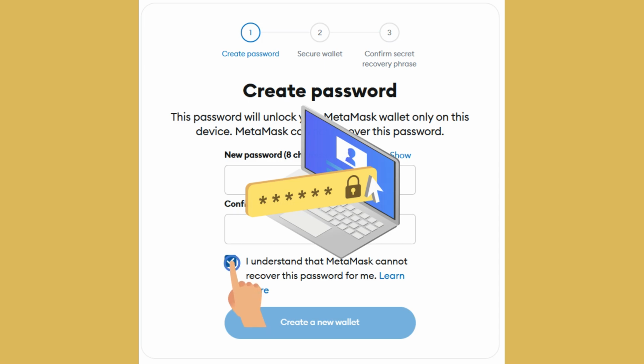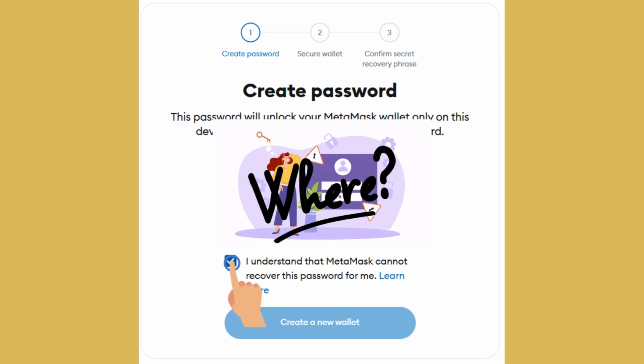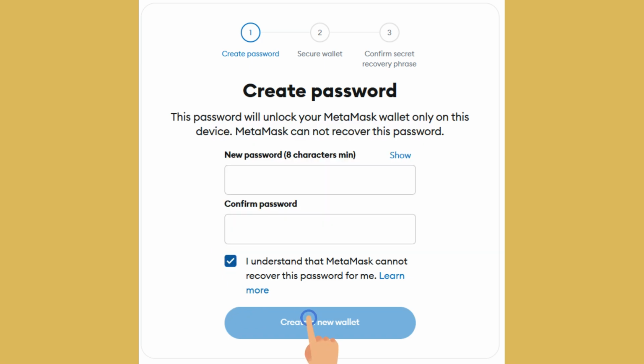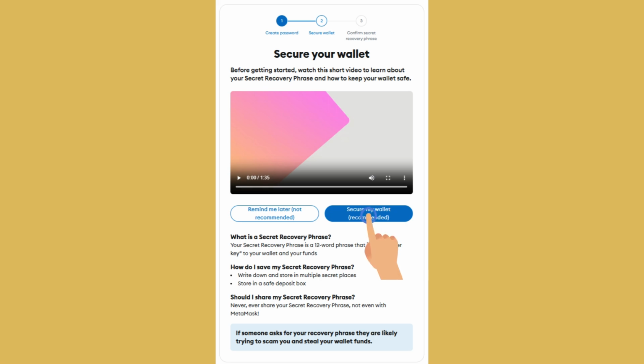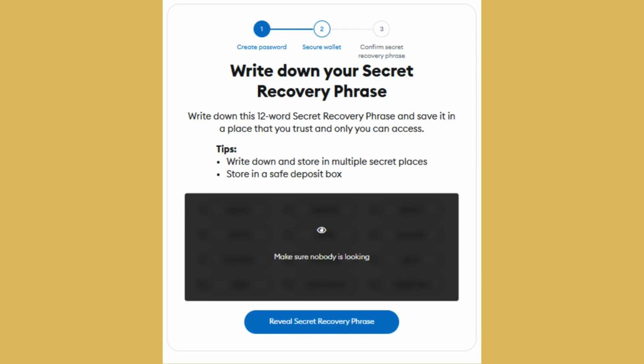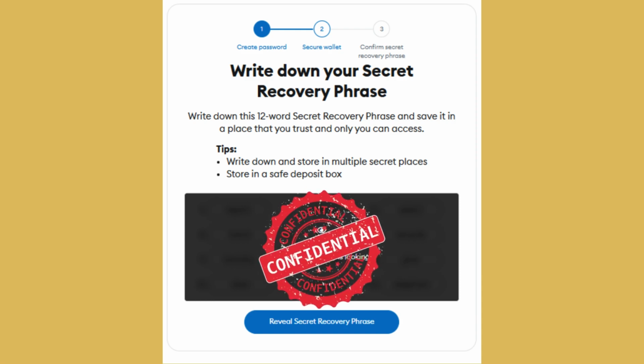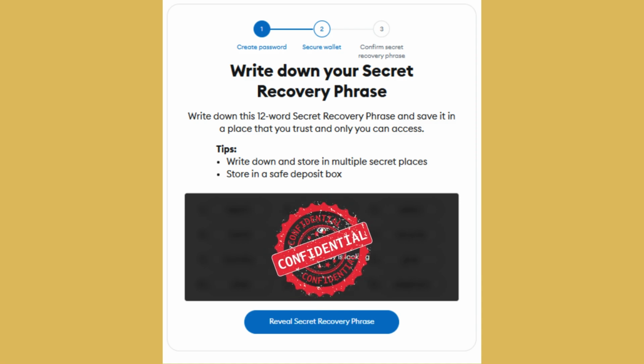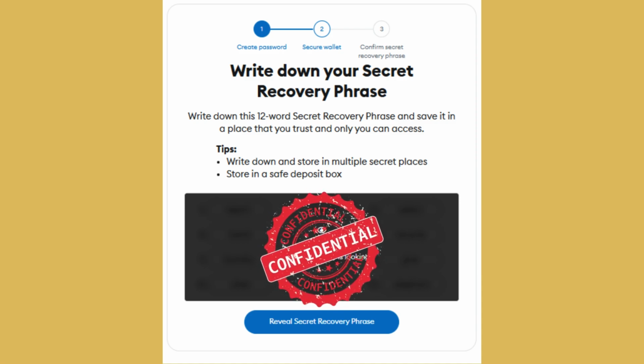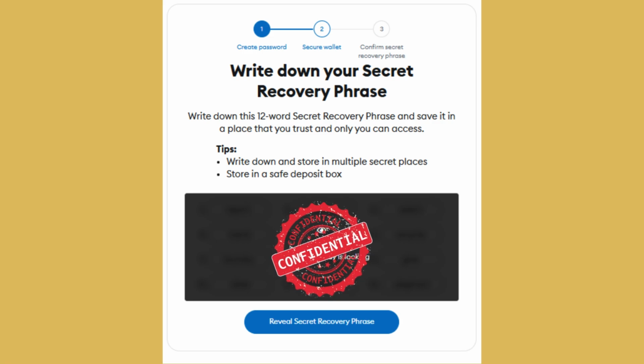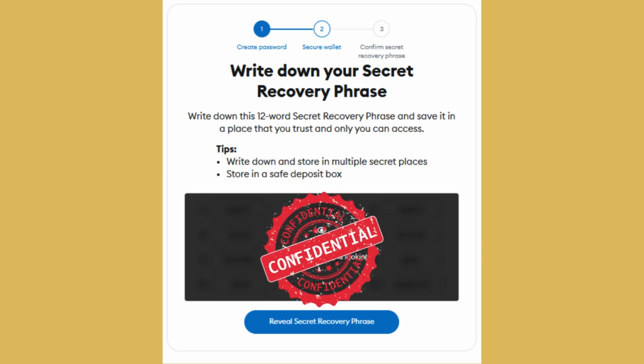Keep in mind that MetaMask does not have a forgot password option, and once set, your password cannot be recovered. Make sure to remember it or store it securely. Tap Secure My Wallet to view your recovery phrase. This phrase will consist of 12 or more words, and it is absolutely crucial that you keep it private. This is your only way to recover your wallet if you forget your password or need to restore your wallet